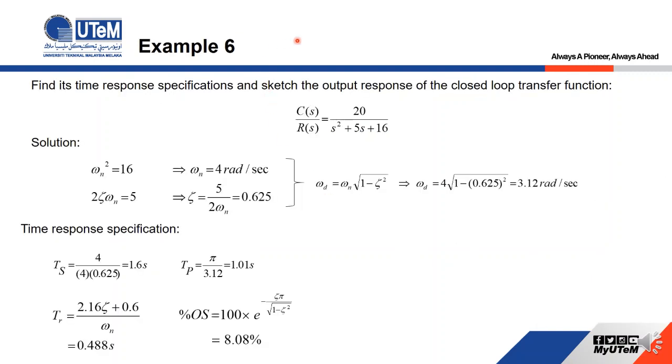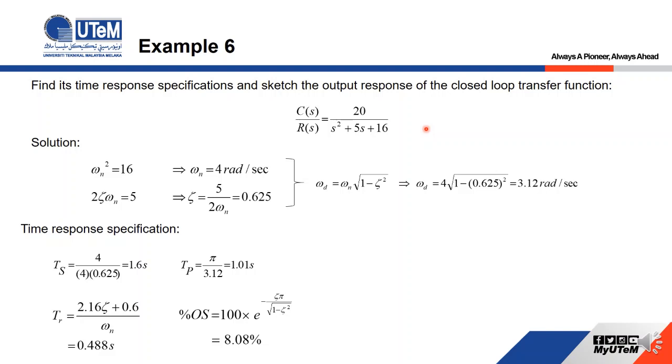Okay, next, example number 6. We have to find the time response specification and sketch the output response of the closed loop transfer function. Given the closed loop transfer function C(s)/R(s) equal to 20 divided by s² + 5s + 16. To solve this, we have to compare this transfer function with the general transfer function for the second